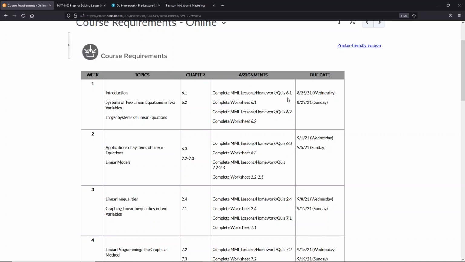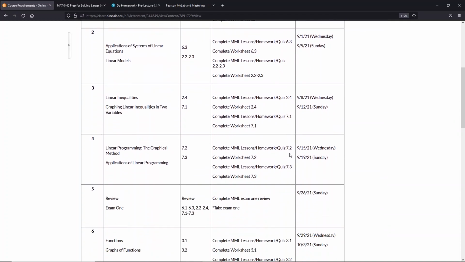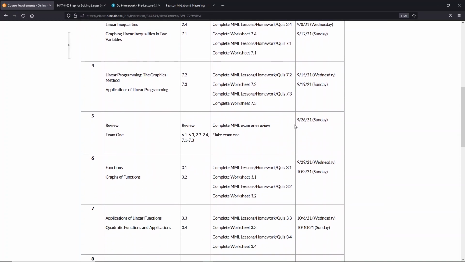I'll talk about that more when we get to those. So that's the assignment sets due on Wednesday. Now for the second set, it'll be again My Math Lab assignments consisting of lessons, homework, and then a quiz, and then the worksheet. So that's the assignment sets that are due each Wednesday and Sunday, except again for the